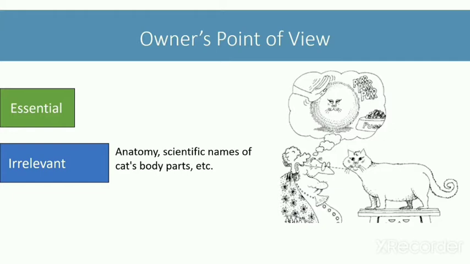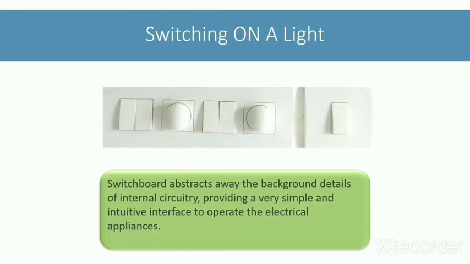There were two core parts in the definition of data abstraction. We have already looked at and understood the essential features part. Let's now try to understand hiding the background details part with the example of a switchboard. How do you switch on a light or fan in your room? Obviously, you go to the switchboard, press the required switch to turn on the light or fan. You don't worry about how that switch is turning the light on, what is the internal wiring, etc. Switchboard is hiding all such background details from you and providing you a very simple way to switch on or off the light. You encounter such examples of abstraction every day in your life.